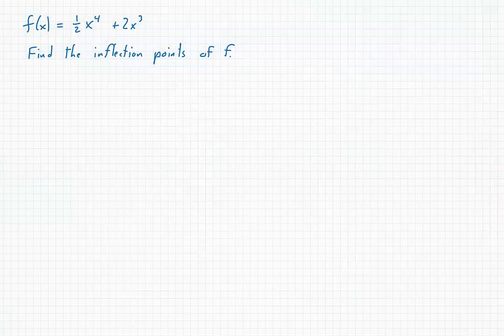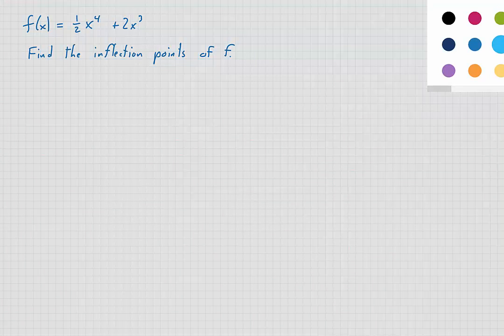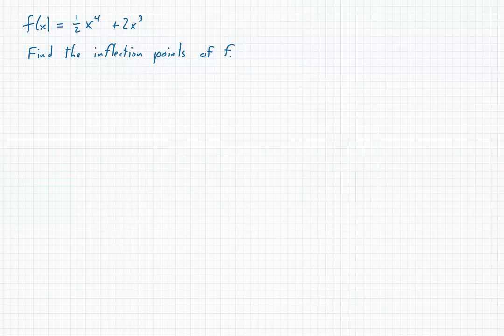Find the inflection points of f of x is equal to 1/2 x to the fourth plus 2x to the third. So the first thing we're going to need to try to do is find the second derivative and then use it to find places where concavity can change. So in this case, f prime of x is going to be equal to,